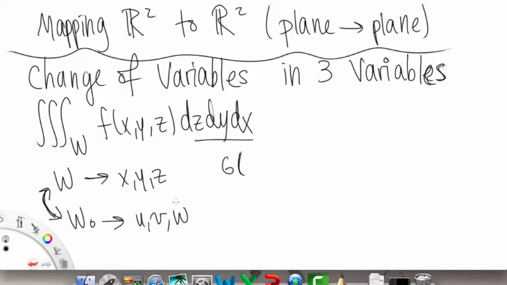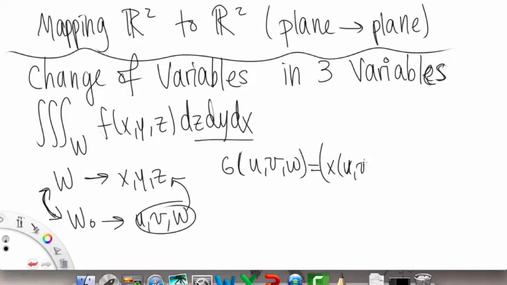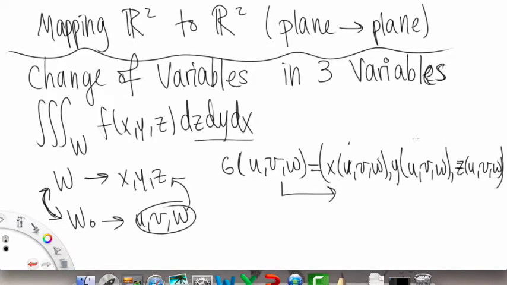But anyways, let's say we want to take a point from W naught and send it into x, y, and z. So you take your point, and this is your function that allows you to do it. That gives you some x that depends on u, v, and w, some y that depends on u, v, and w, and finally some z, which depends on u, v, and w. Basically, taking whatever point this is, you're determining your x, y, and z coordinates. So in this case, the Jacobian of g,